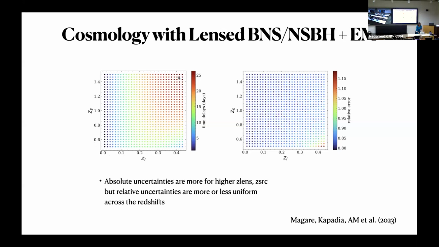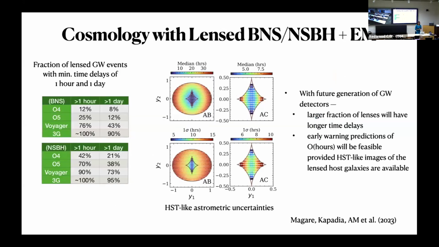So we find that the time delays are much higher if your redshifts are much higher, but we also look at the relative uncertainties in these time delays, which seem to be more or less constant in the space that we have shown here. And we've also tried to compute the fraction of lenses which will have a given minimum time delay in a large sample of lenses. This is to be able to find lens systems early on so that we can trigger appropriate follow-up in the electromagnetic or even in the gravitational wave community, so that we can catch these transients very early on.